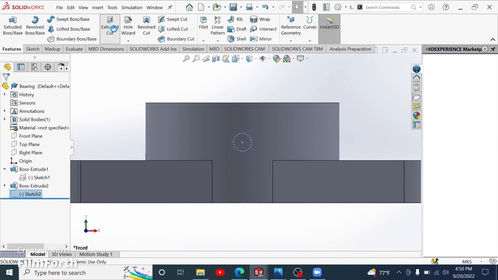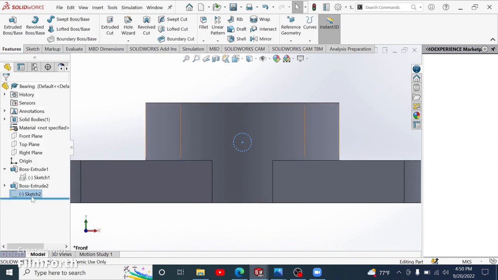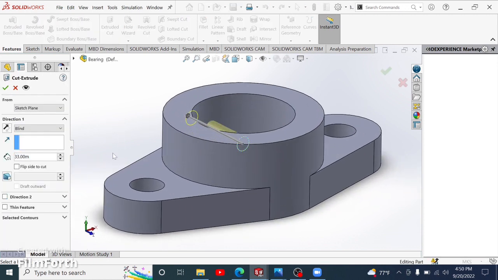going to do extrude cut. So it's going to give me that one. I'm going to select the sketch 2, extrude cut. It doesn't matter which way it goes on the blueprint. It doesn't actually specify where it is. So I'm going to use that one. Go through all, but